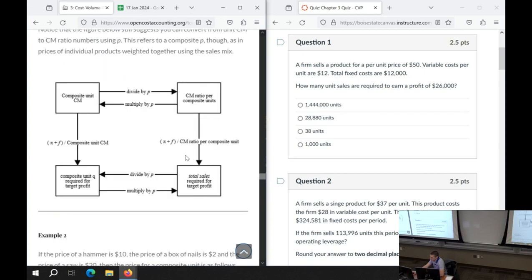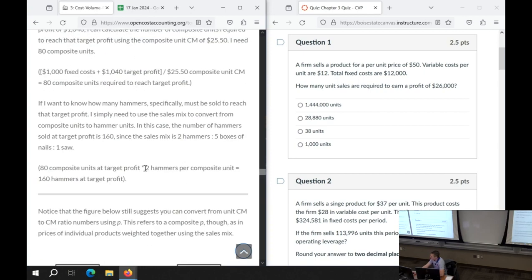Margin of safety is actually really simple. So we have the idea of a break-even point. I think we understand that. I usually don't get questions about that. And it's when we have target profit of 0. That's our break-even point. Margin of safety is how far we are from the break-even point. Because it's unsafe to not break even. So safety, margin of safety. What's our margin of safety? In terms of either total sales in dollars or in terms of unit sales.